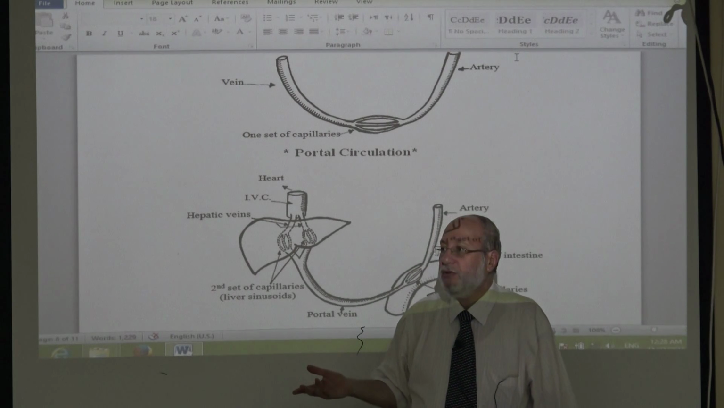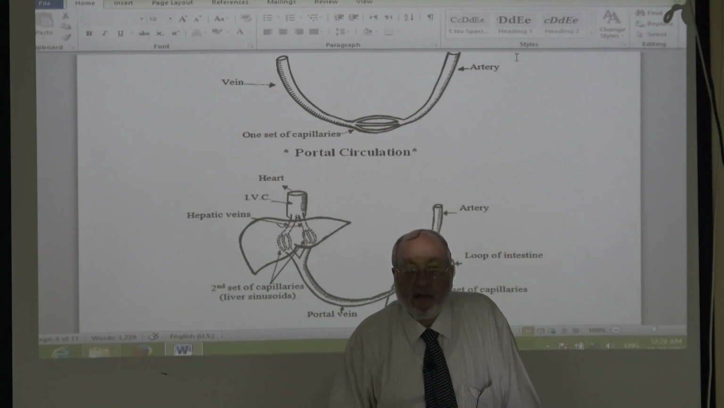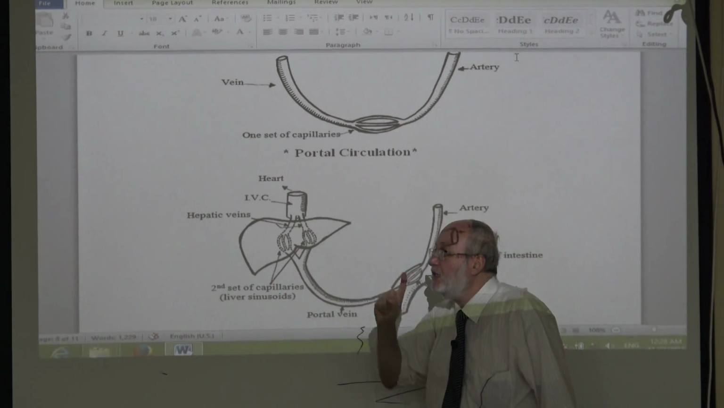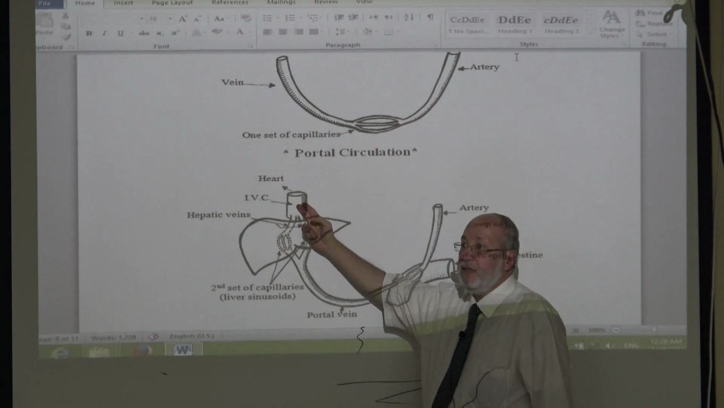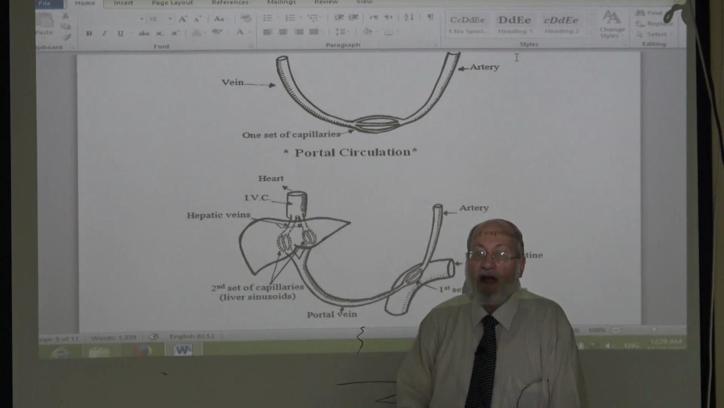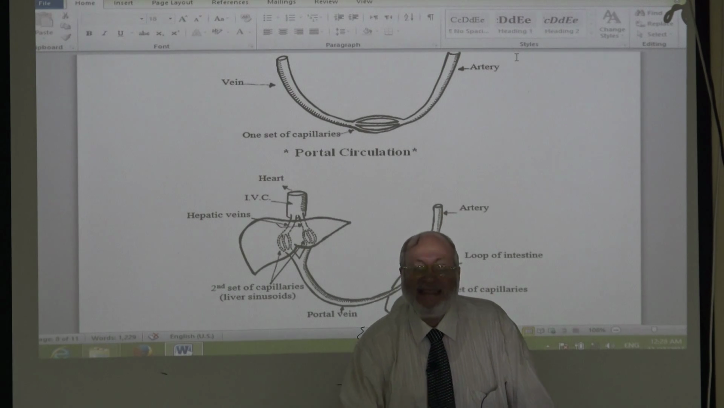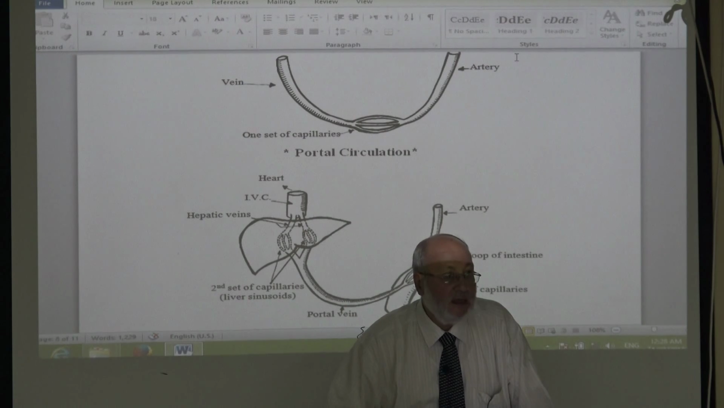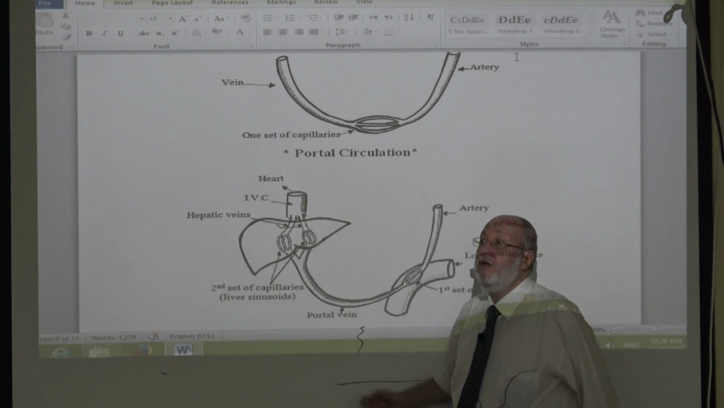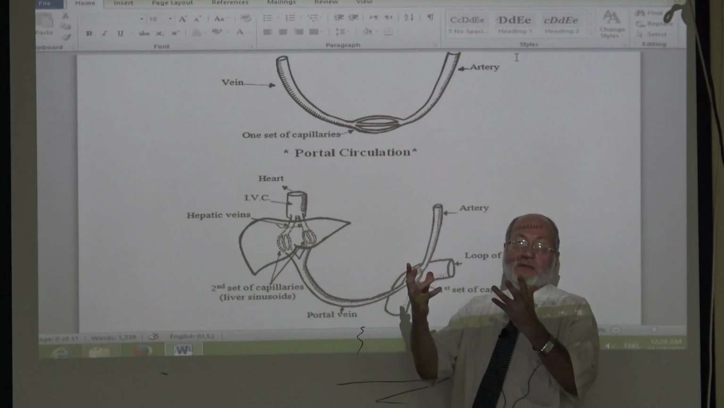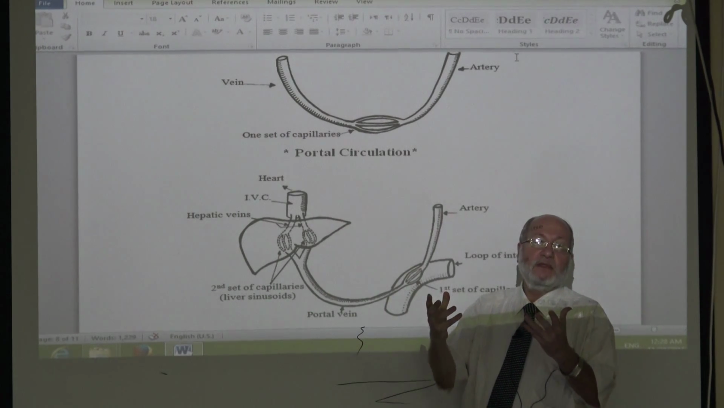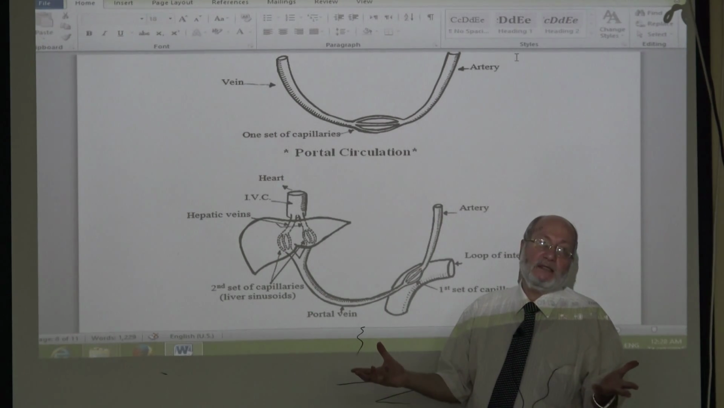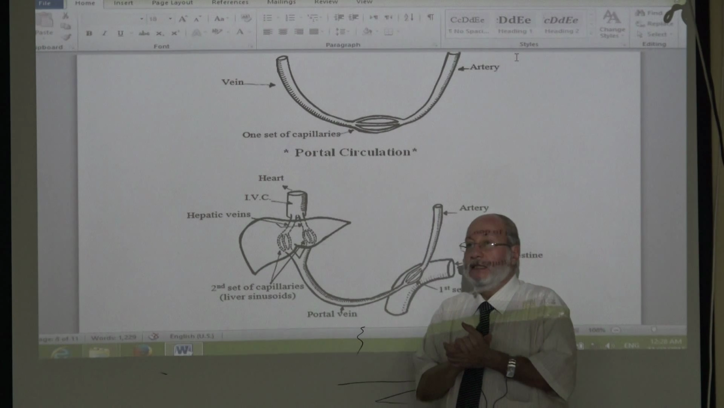like systemic circulation. Therefore, the blood in the portal circulation is not like systemic. The blood in the superior and inferior vena cava is completely deoxygenated, deficient in nutrition. But portal blood is very rich in oxygen, very rich in absorbed food material from the gut. Therefore,